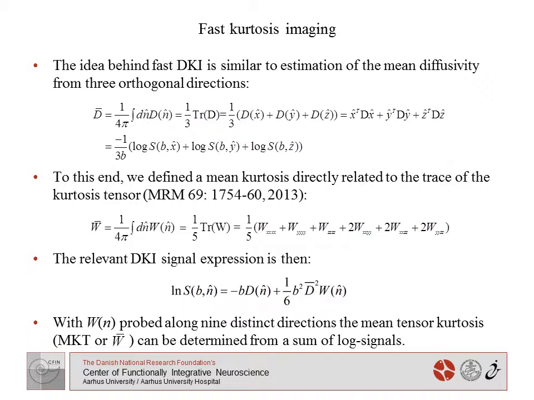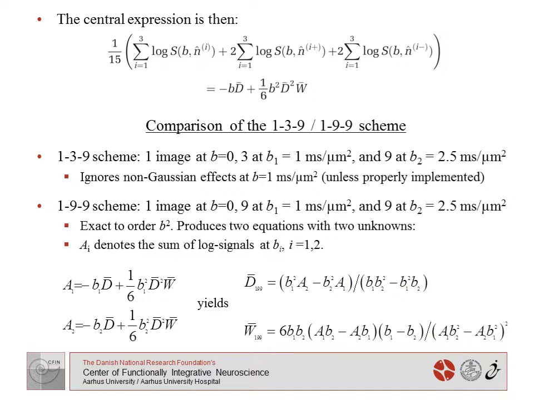Similarly, if you define a mean kurtosis related to the trace of the kurtosis tensor, as shown here, you can probe the tensor entries needed to form the tensor trace and get the mean kurtosis in that way. However, the kurtosis tensor is of higher rank than the diffusion tensor, and so more directions are needed to estimate the mean kurtosis. And in fact, 9 directions are needed to do this trick. The central expression is then